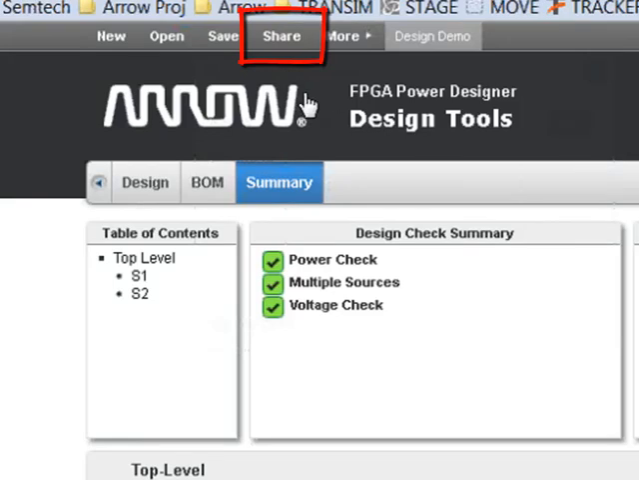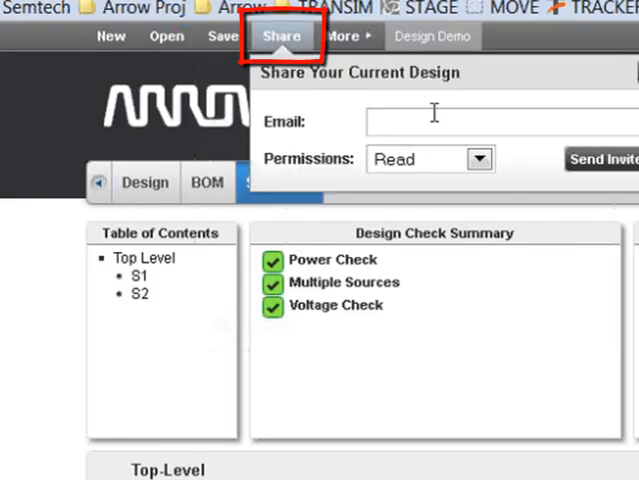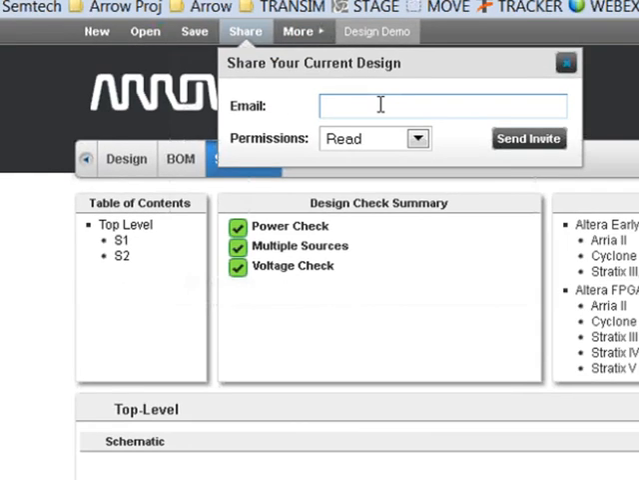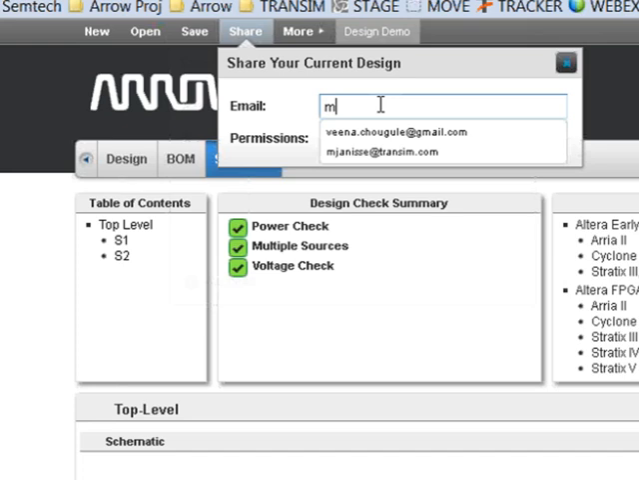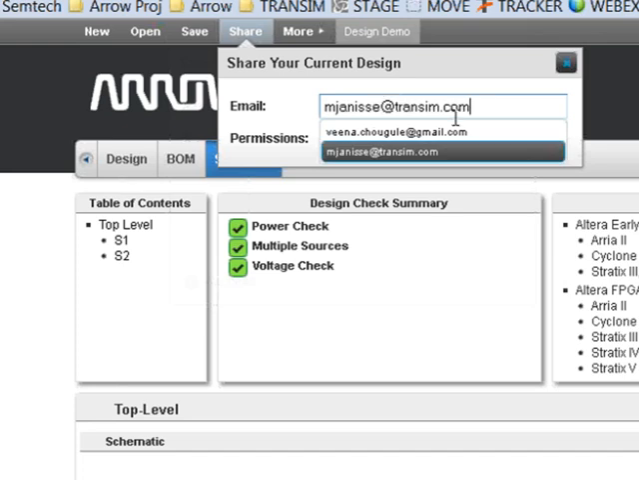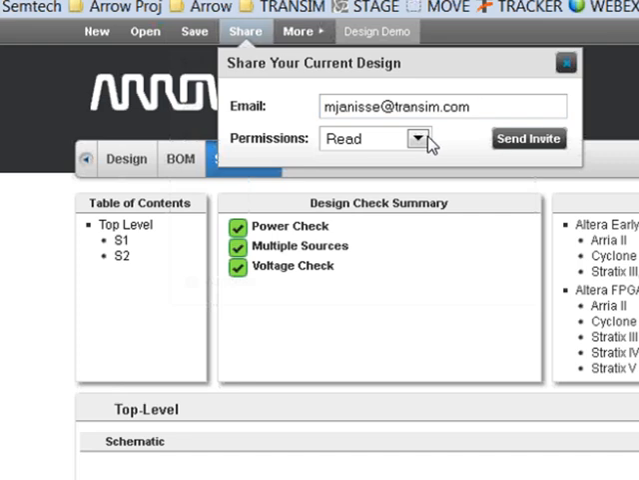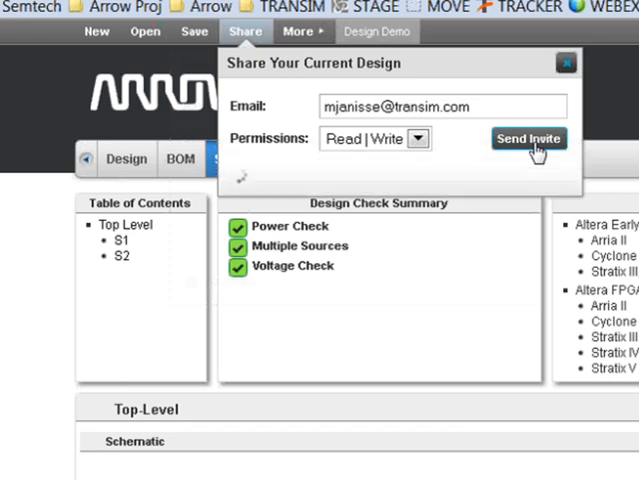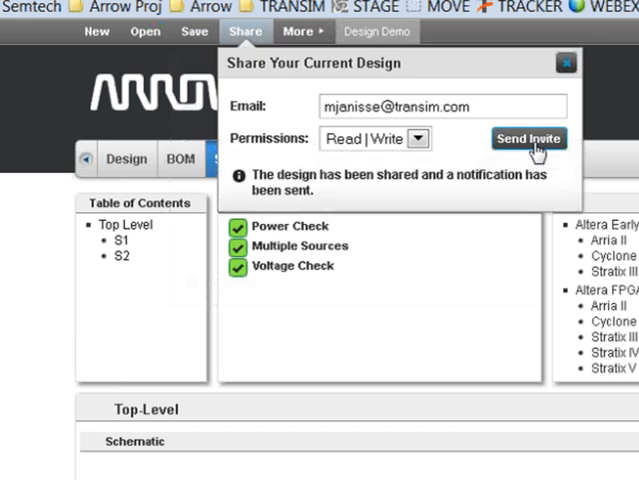If you wish to share your design, you can just click share. Maybe you have another colleague or a customer which you want to give them access to it. You just enter their email address here, and I'll just use Max's email. And then here you can specify whether you want to just give, in this case, Max read permissions or read-write access. And then you can click send invite. So this will send an invitation to Max's email for him to open up your design and continue working on it, or